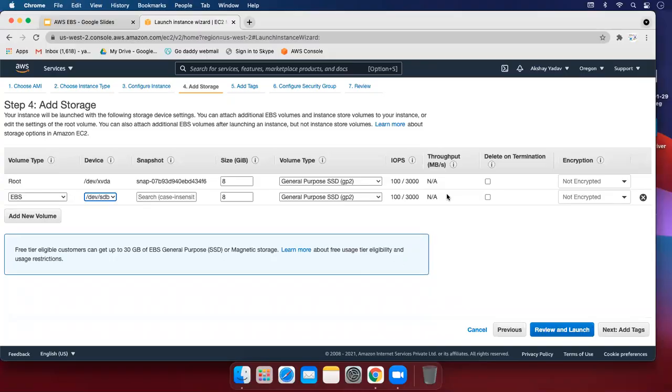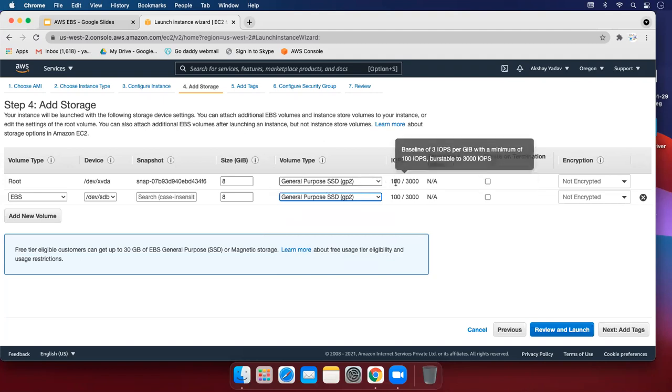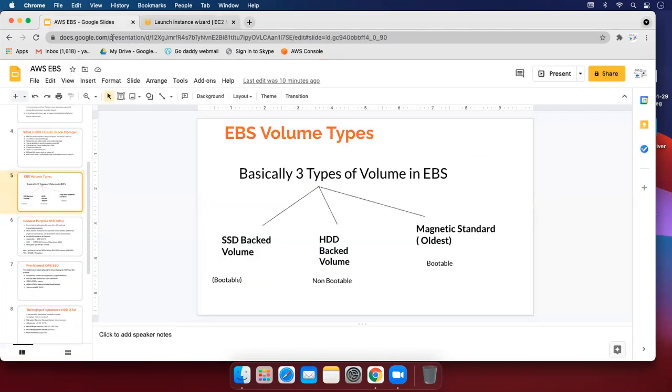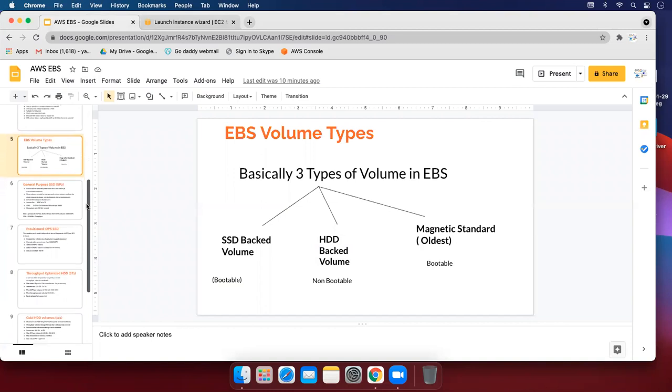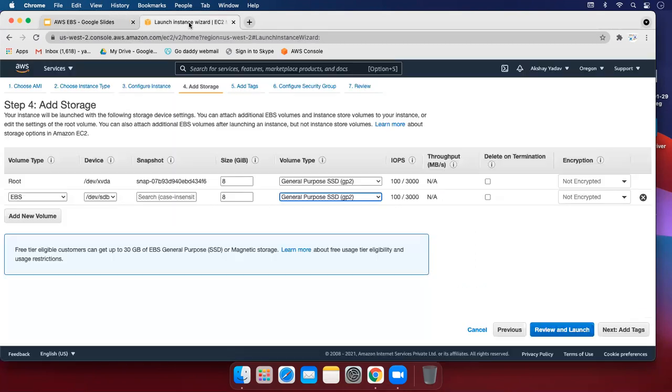So let's see about the IOPS. For the GP2 minimum is 100 and the maximum is 3000. It depends on the storage. If I want 200 GB, then my IOPS is 600.